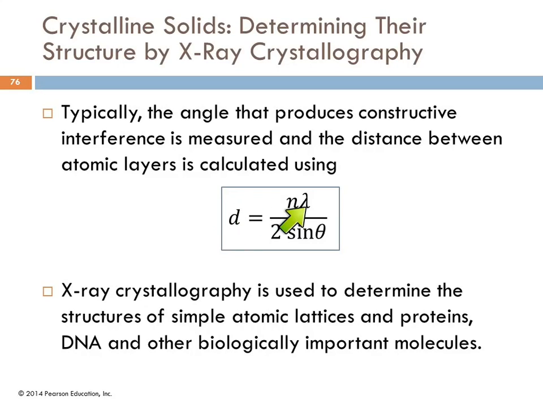So they've got a wavelength of light, and you can control that, and you can control the angle that you're shining it at. And you can rotate that so they'll vary the angle and look for constructive interference. As you can see, the light and dark patterns change. So at an angle that gives constructive interference, we know that the distance between the layers is equal to some integer number times the wavelength over 2 times the sine of that angle. So by finding multiple angles where the interference is constructive, we can actually figure out what the d is, the